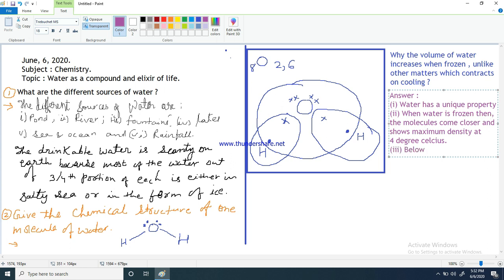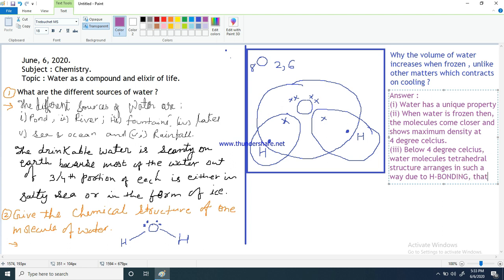Below 4 degrees Celsius, water molecules arrange in a tetrahedral structure in such a way, due to hydrogen bonding,